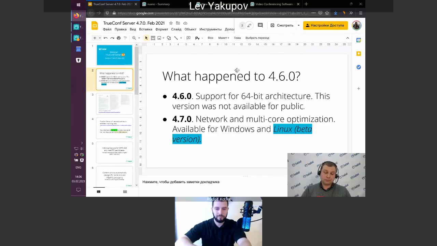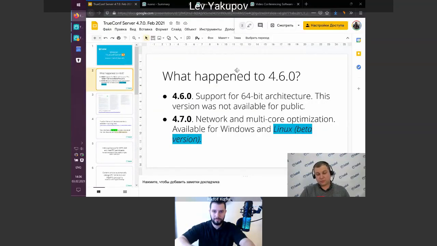So in general, we spent almost 2 years on a long journey to completely rewrite and optimize. Developers call this refactoring and optimization of the internals of our server. The first stage was to move our solution to a 64-bit architecture, which is essential for today's CPUs and for Linux platforms.